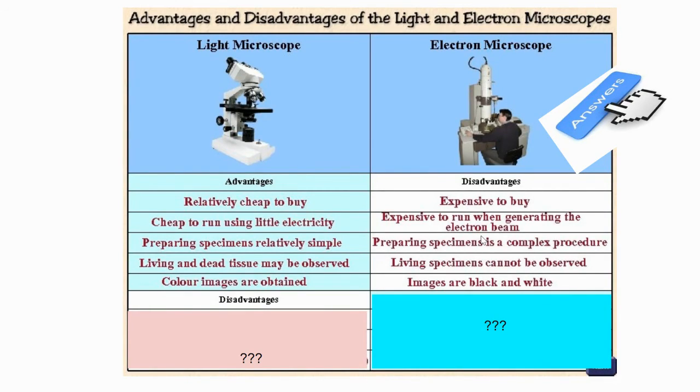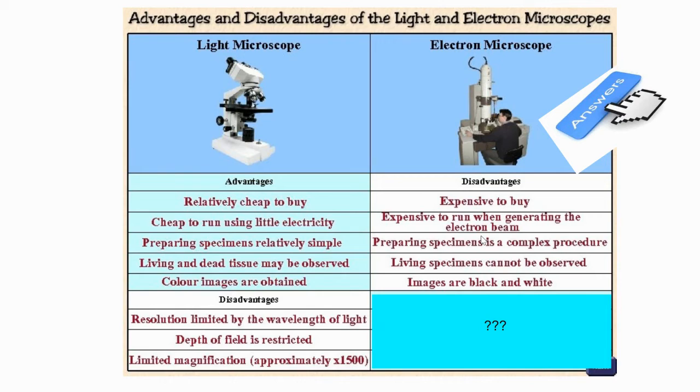Also, electron microscopes do not use visible light, so you will not be able to see the real color of your specimen through an electron microscope. Most of the time the images are black and white, and if you want to see a colored image, those are false colors added to the electronic image on the computer screen.